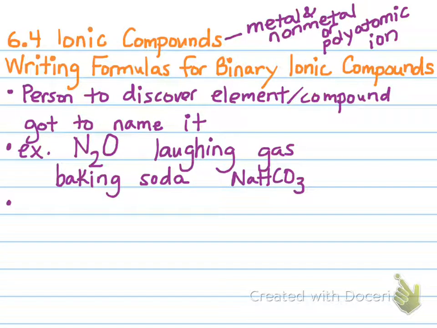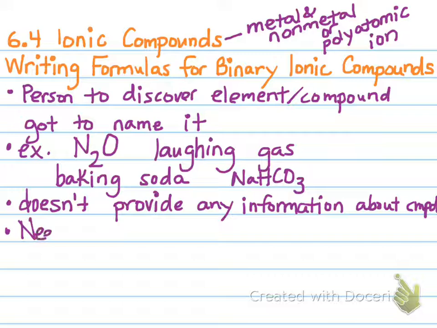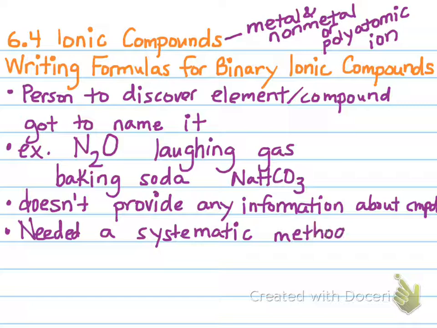So, the problem with just allowing the person who discovered the element or the compound to name it is that the names they chose didn't always provide any information about the compound. And so scientists, chemists, felt that they needed a systematic method. So they needed some way that all of the chemists around the world were naming things the same way,